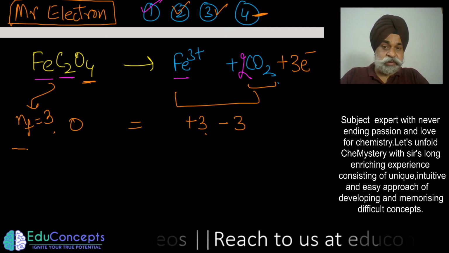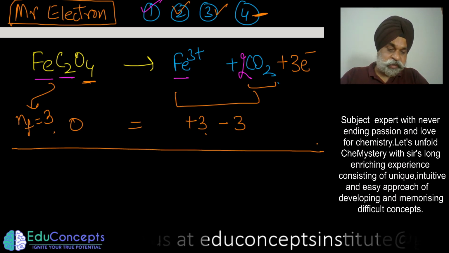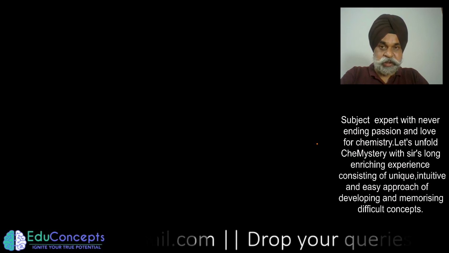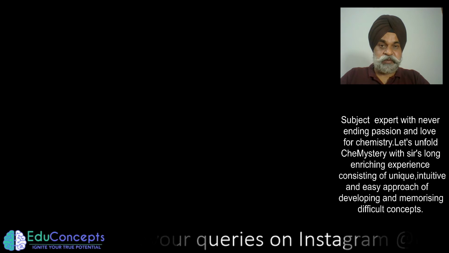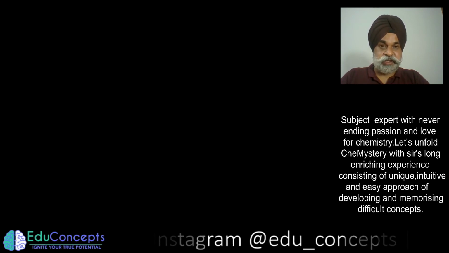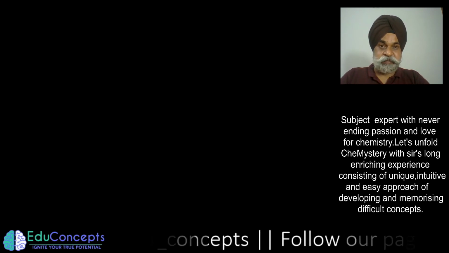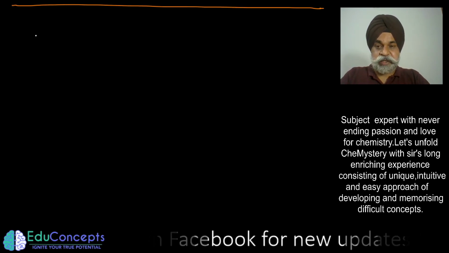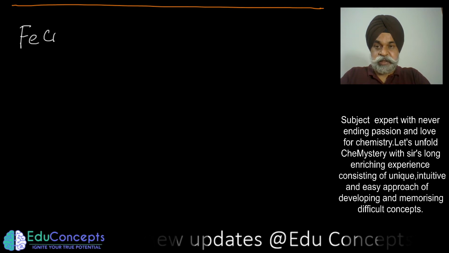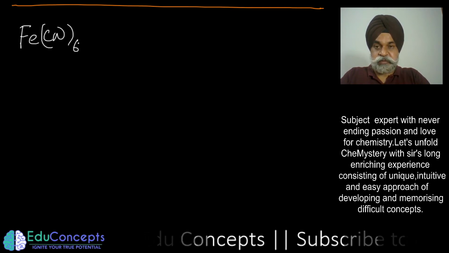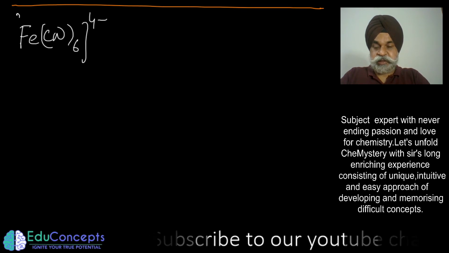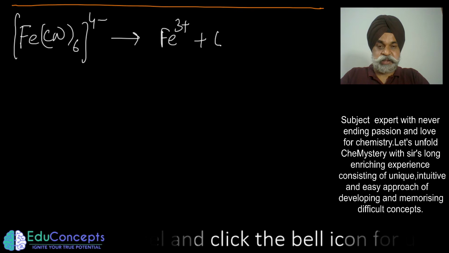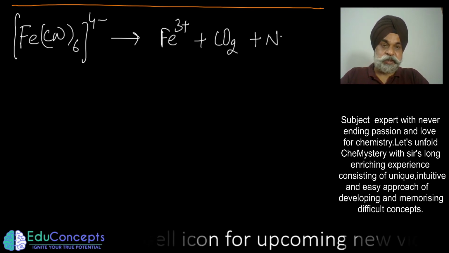This list is too lengthy for me to discuss more than a few more cases, but it is very important. This particular case is quite an important one, which is quite confusing when it actually comes in the paper, in the form of numericals. So let me take another very important case where this is a coordination compound. If you have the knowledge, this coordination compound happens to go to Fe3+ plus, for example, carbon dioxide and nitrate ion,